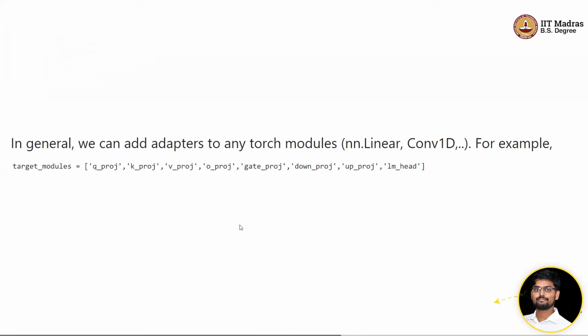These names, if I'm not wrong, follow the same template for all the models in Hugging Face, especially since PEFT supports some 6 to 7 types of models. So they have all the common names like q_proj, k_proj, all these things. Of course, you can print the model and look at the names associated with each module, each PyTorch module, and pass them to these target modules.